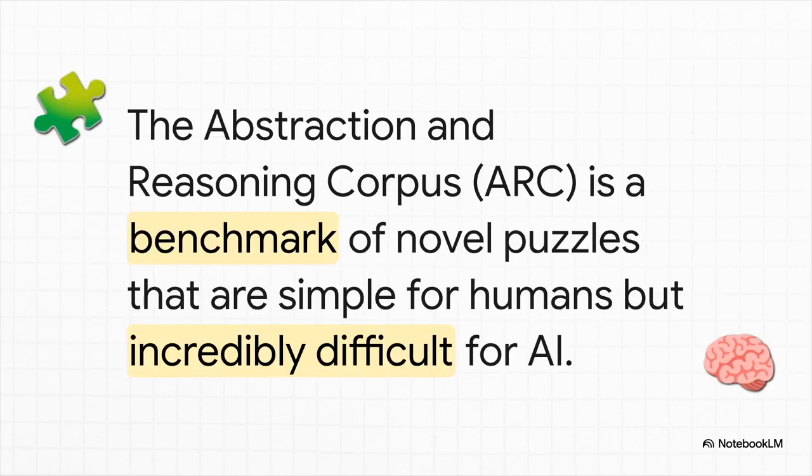And look, this isn't just some abstract theoretical issue. There's this benchmark called the Abstraction and Reasoning Corpus, or ARC for short, and it's designed to measure what you might call true intelligence. It's basically a set of new reasoning puzzles. For you and me, they're pretty simple. We can see a couple of examples, figure out the pattern, and boom, we've got it. But for an AI that's used to learning from these gigantic data sets, these puzzles are unbelievably tough.